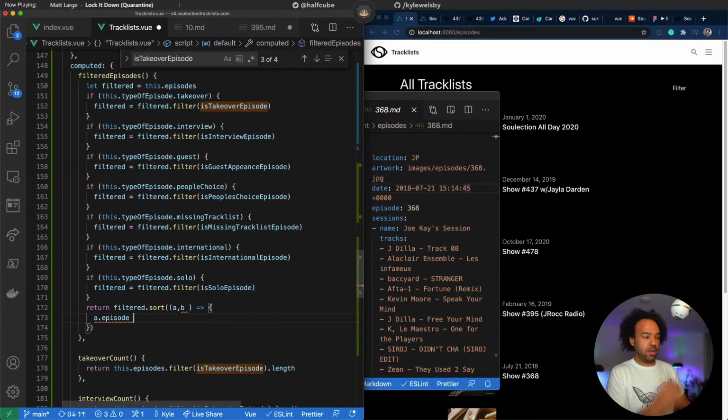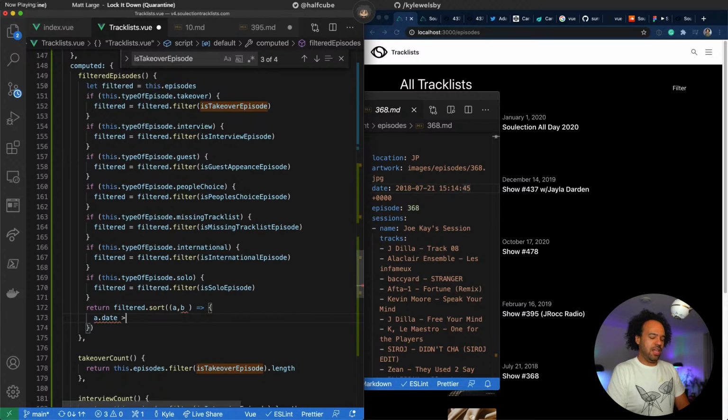We can sort by episode number because it'll increment each time. We could also sort by date, but depends where the date comes in.